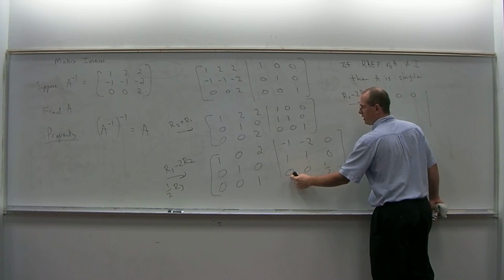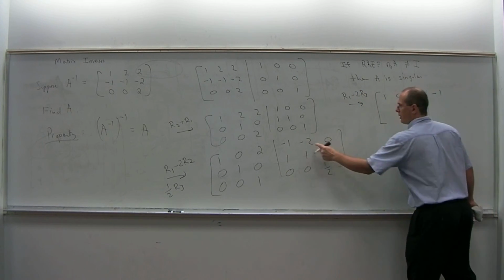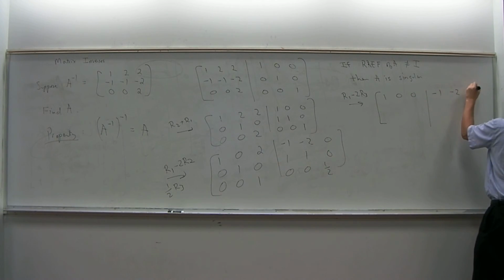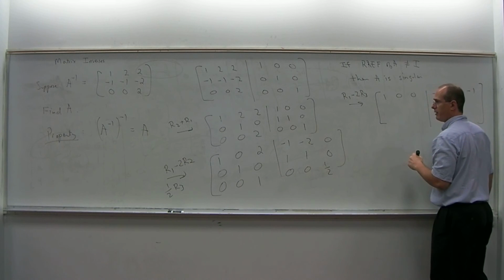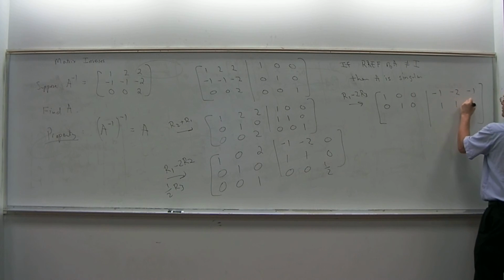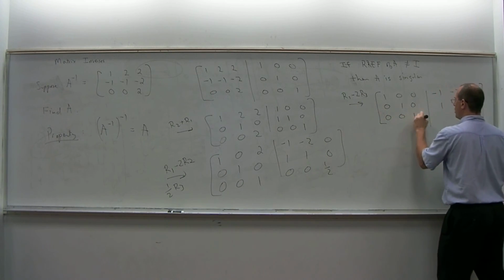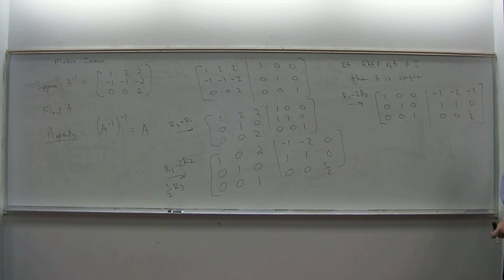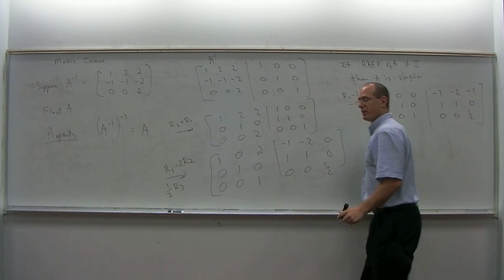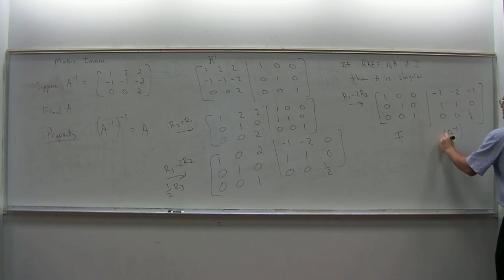This one minus 2 of those is negative 1. This one minus 2 of those is negative 2. This one minus 2 of those is negative 1. And rows 2 and 3 stay the same: 0, 1, 0, 1, 1, 0, and 0, 0, 1, 0, 0, 1/2. So this is the identity, and therefore this is the inverse of the original matrix. The original matrix was called A inverse, and so this is A inverse inverse. But again, the inverse of A inverse is